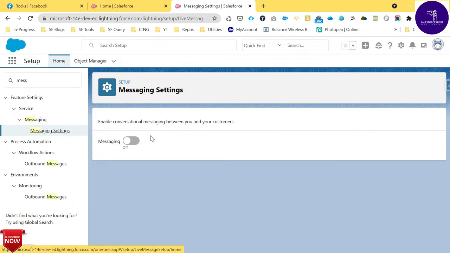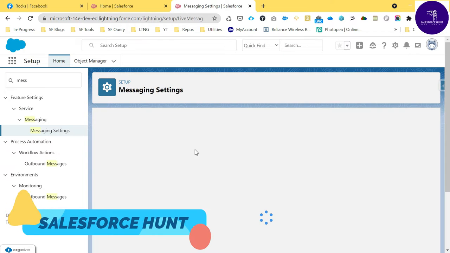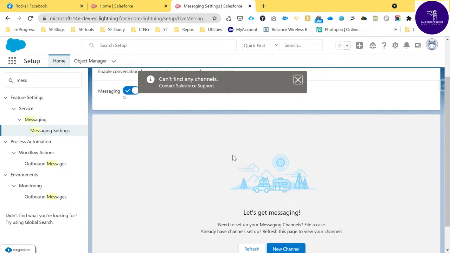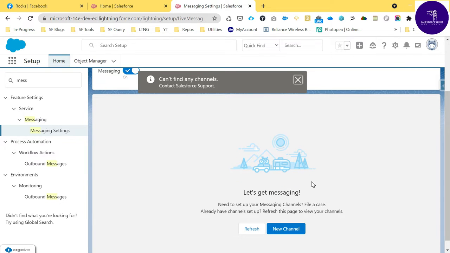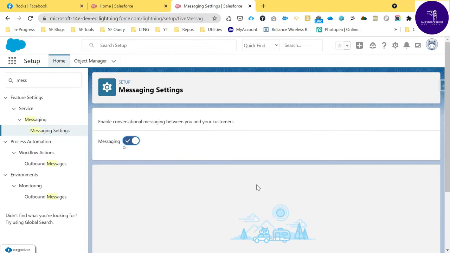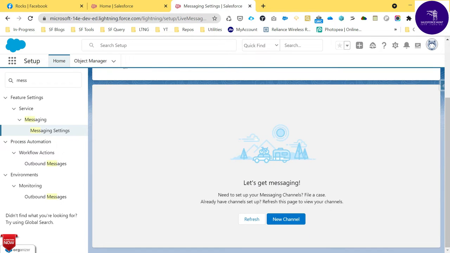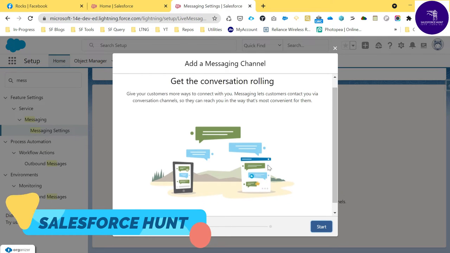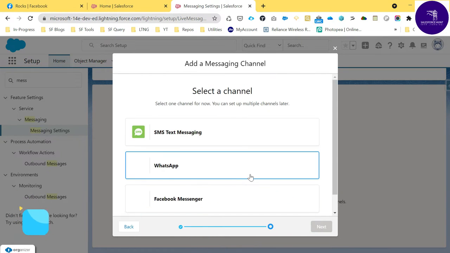Once you click this messaging settings, you have to enable messaging conversation between you and your customers. First of all you have to enable this messaging. Once you enable this, you have to add a new channel, because I don't have any channel right now. You add a new channel with the help of this New button. Just click New Channel and go ahead and click Start, and here you can